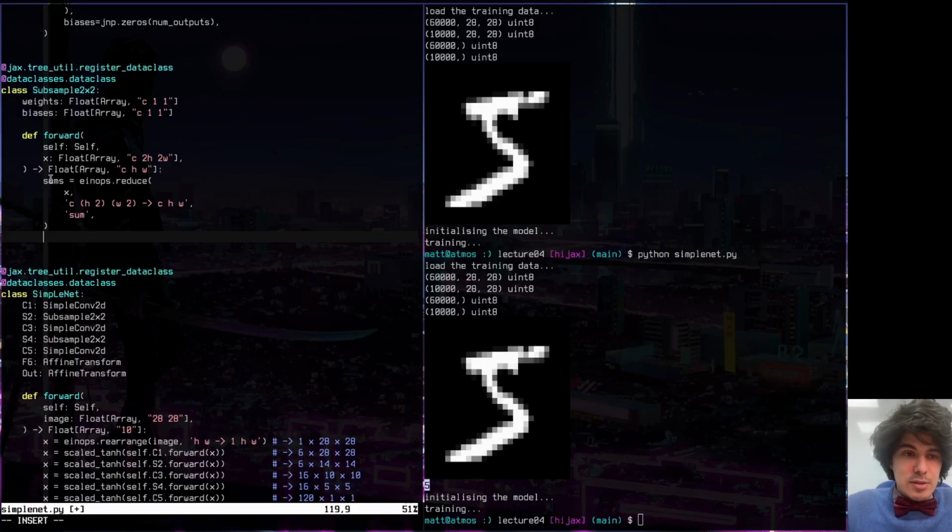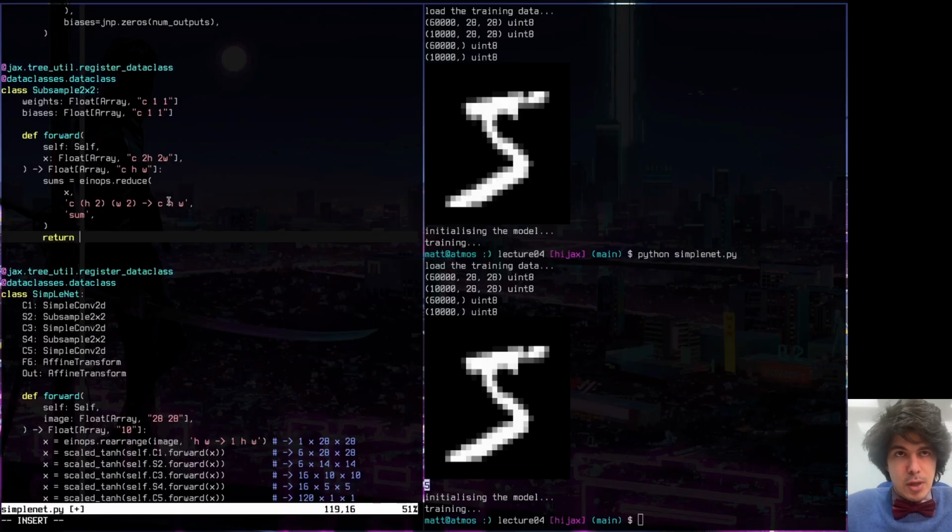But what we need to do now is take those sums and, like I said, scale them by the weight and add the bias. And so let's do that and return it. I've set this up so that, with broadcasting, things will work out. We have a c by h by w array now. And if I multiply it element-wise by a c by 1 by 1, the 1 is going to broadcast, and I'm going to get